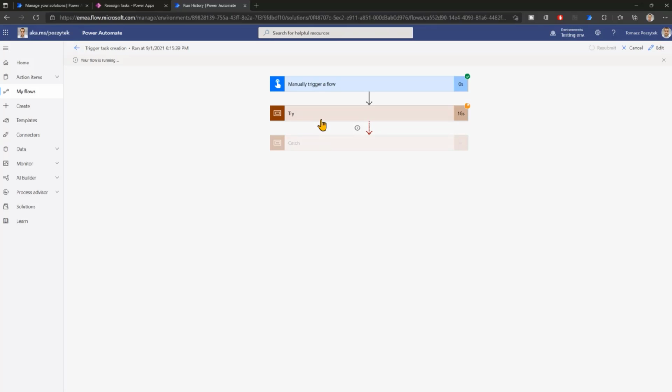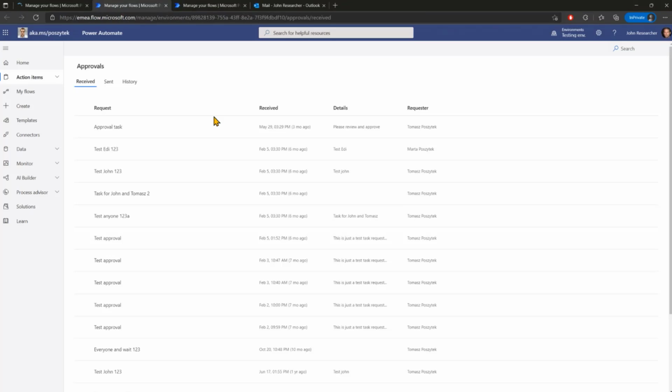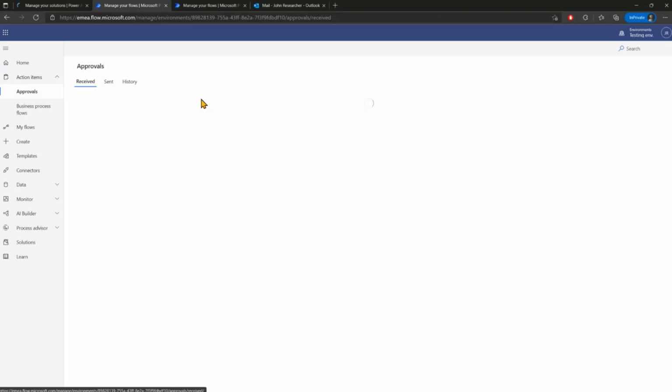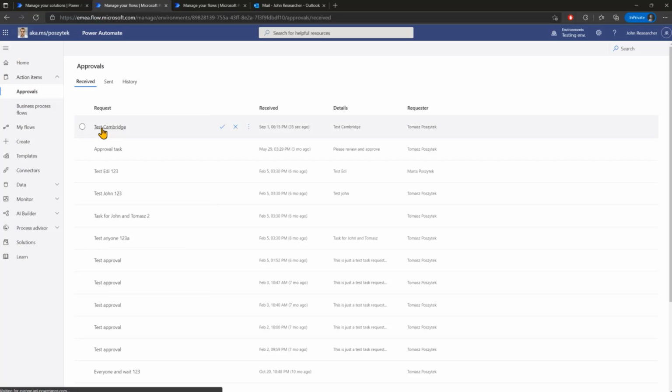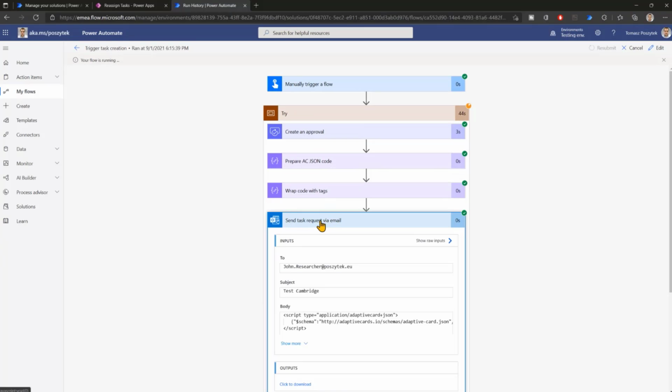So first, it is creating this approval so that John, if he navigates to his tasks, to his action items, is now able to find this newly assigned task, right? This test Cambridge.